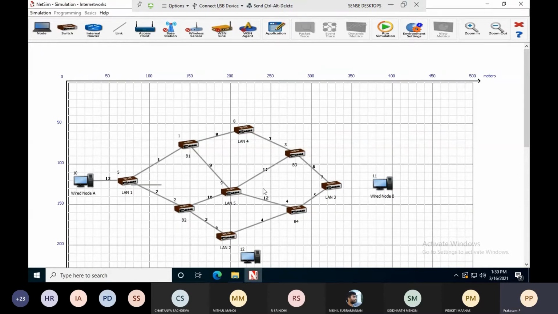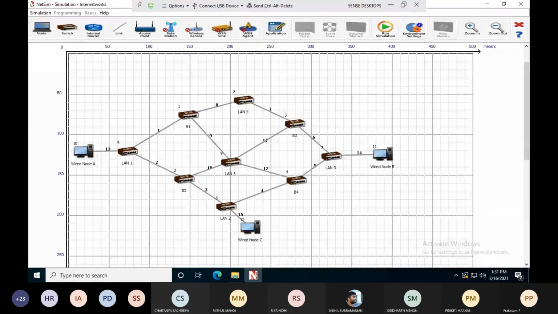Connect between LAN 1 to wired node, LAN 3 to wired node, and LAN 4 to wired node. Now, if you see here, I have created the network.